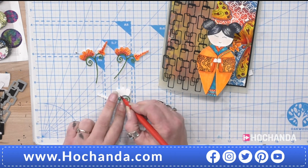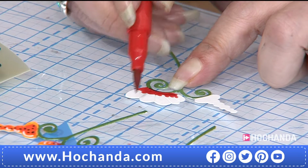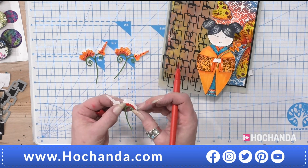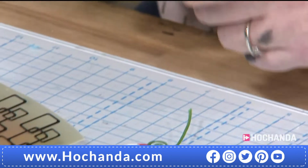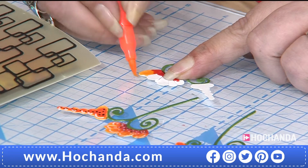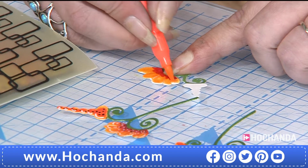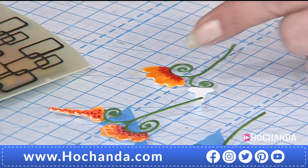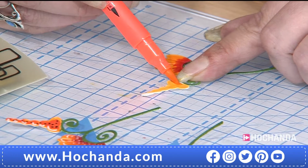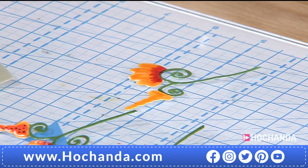So I've done the green, nice and simple. Now, one of the things that I like about this die is the fact that you've not just got embossed lines there. So if you wanted to split these sections, you can actually split them, and then you could individually curl them. So I've got my dark orange there, and then I'm going to go in with my bright orange, chuck some colour on there, scribble it round, half on, half off, and no fancy shading. Then we will do, in fact, I'll do it the opposite way around. Get that colour on there, and that in,